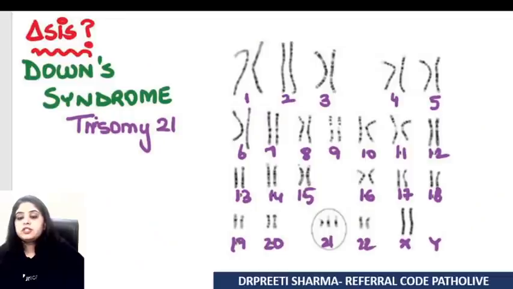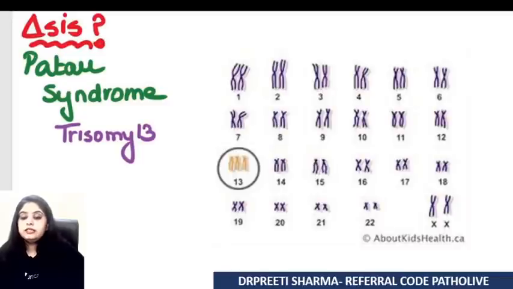So the first variation, I think everyone would be able to pick up very easily. You look at a karyotype and you just have to identify where the anomaly is happening. So here when I look at this karyotype, 2 X chromosomes, this is a female, but then over here you have trisomy 21. So this is a case of Down syndrome. The next one that I have over here, I can very well see there's a trisomy 13. Trisomy 13 definitely stands for Patau syndrome.